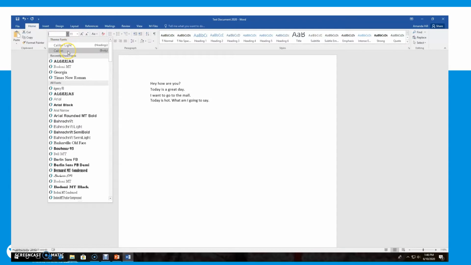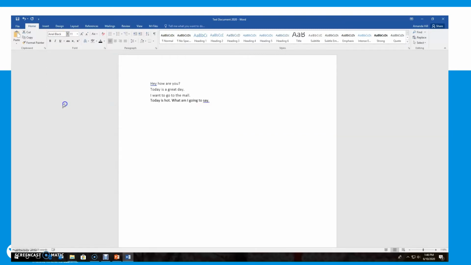that you can change. Maybe Georgia, Calibri, Arial. And as you scroll over them, it will show you what that kind of font looks like. So you can determine if it's easy enough to read or if that's the style that you would like. So I'm going to go with, let's go Arial Black. You can then change the size of the font